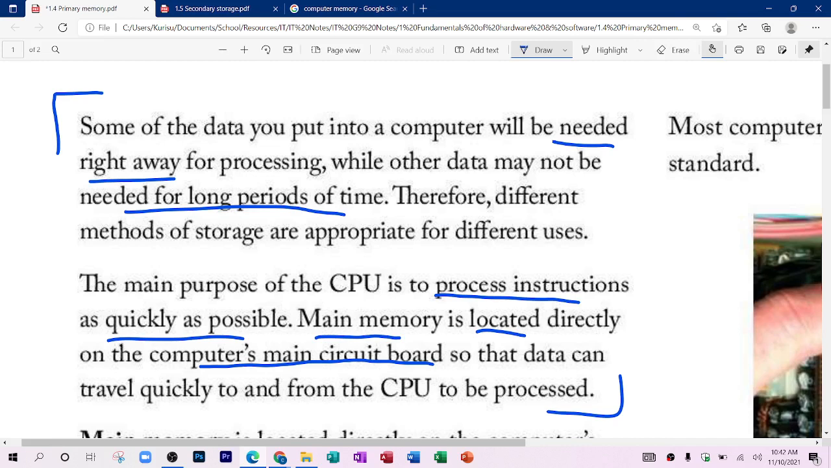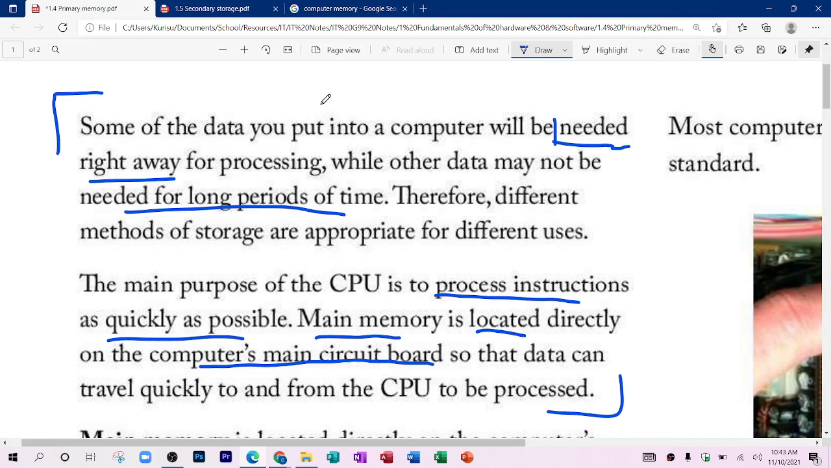So certain types of data, you're only going to use now and then. You might use it once a day, once a week, once a month, and so on. You do not need those types of data for long periods of time. But there are some types of data that you need right away. Types of data that you need right away are going to include,